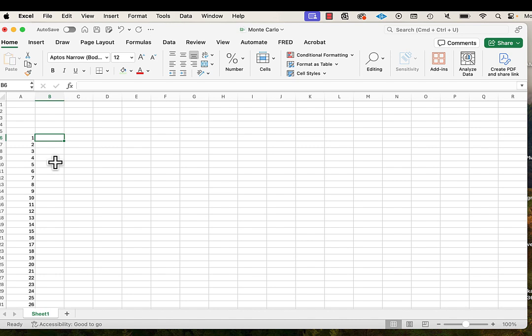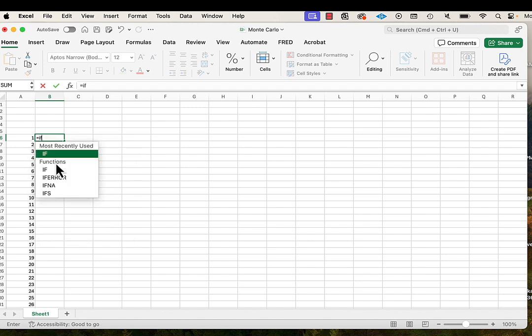In B6, we're going to type the formula equals IF, putting in a logical test, and then the function RAND. What RAND returns is a number between 0 and 1, like 0.44857. And what we want is if that is less than